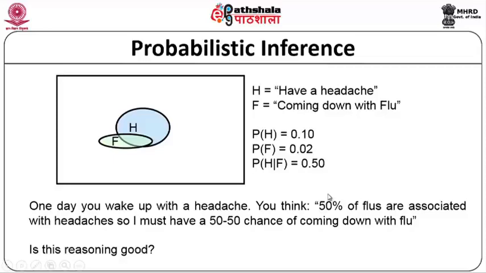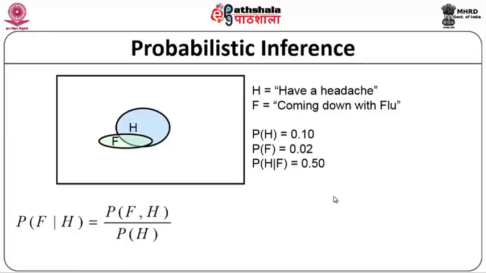So, here the reasoning that you have made, whether it is correct or not, needs to be analyzed. How this may be analyzed is using the conditional probability. As indicated in the previous slide, the conditional probability will take this equation. Here we have the probability of a person having flu: the chance for the same person to have a headache is 50%. The probability of patients having flu is 0.1, which is 10%, and the probability of having both is 0.02%, which is equal to 2%. The probability of a patient having headache is 0.1, which is 10%.